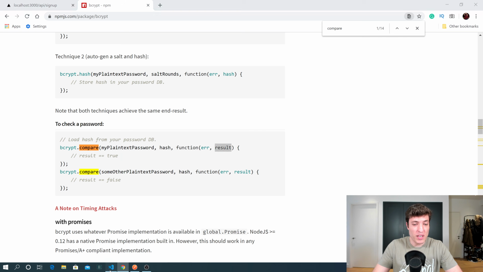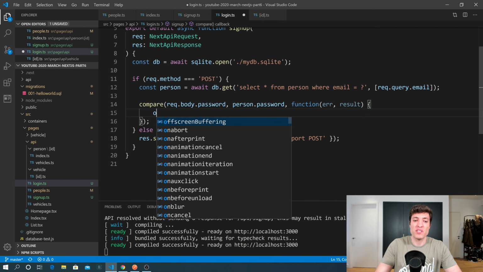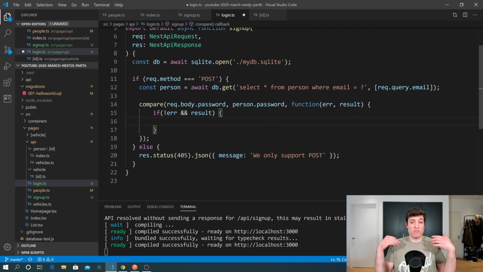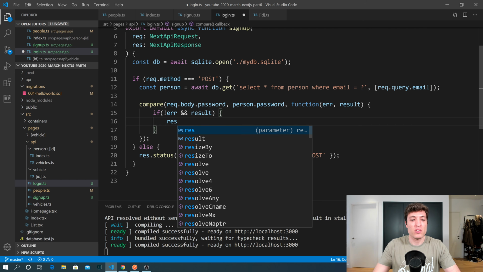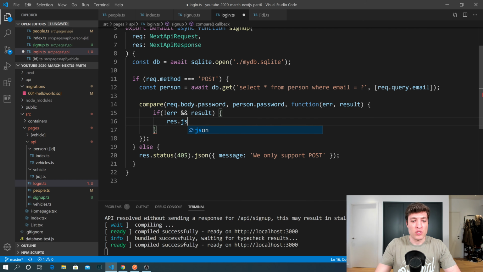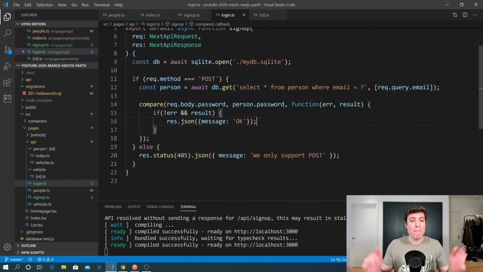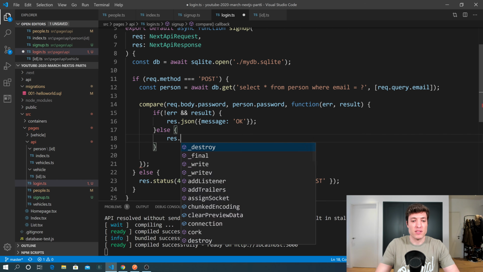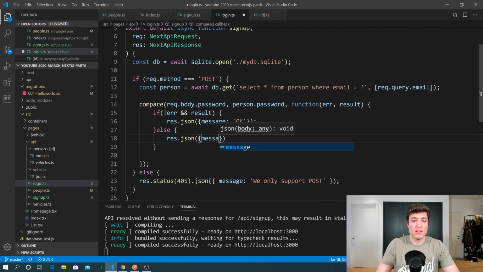Okay, and we can also validate to make sure that we don't receive errors. So if no error and result, which means the result is true, and we don't have errors, in that case we can just do res.json, and we can send something like message okay for now. And otherwise, so else, res.json message